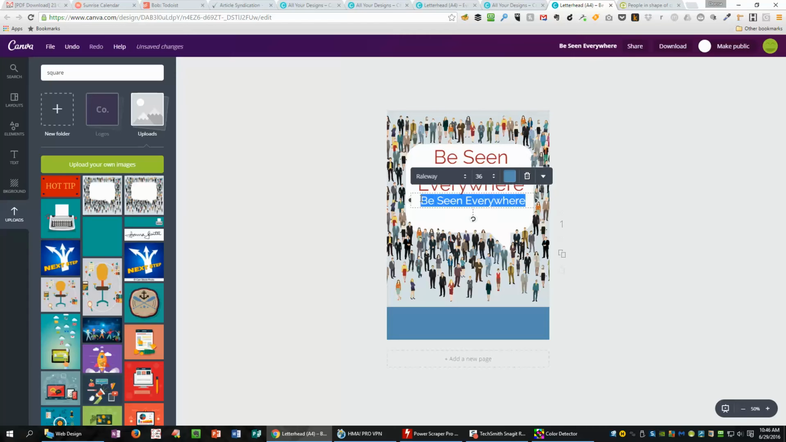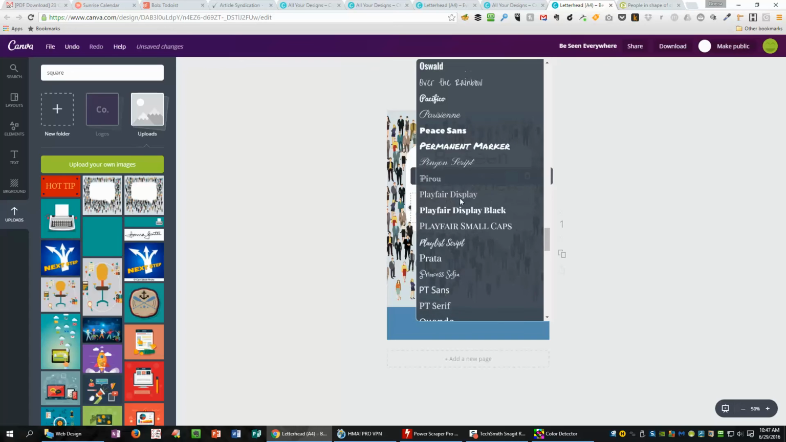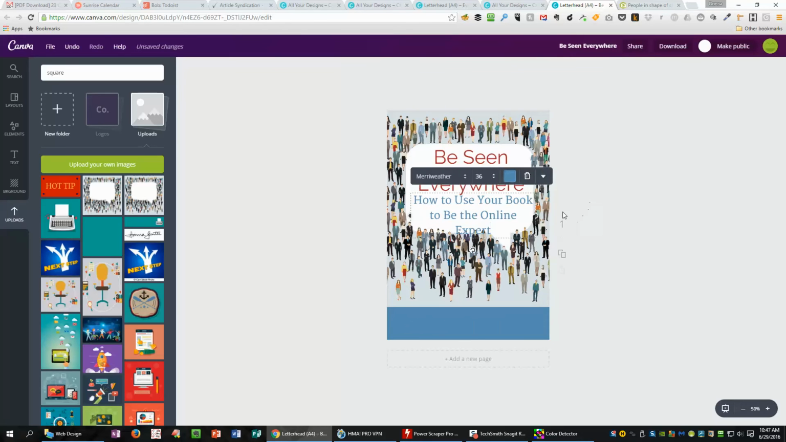And the subtitle might be something like how to use your book to be the online expert, for example. And I'm going to pick a little different font just for diversity's sake, and I'm going to pick this one called Merriweather. Let's see, there we go there. Just add a little